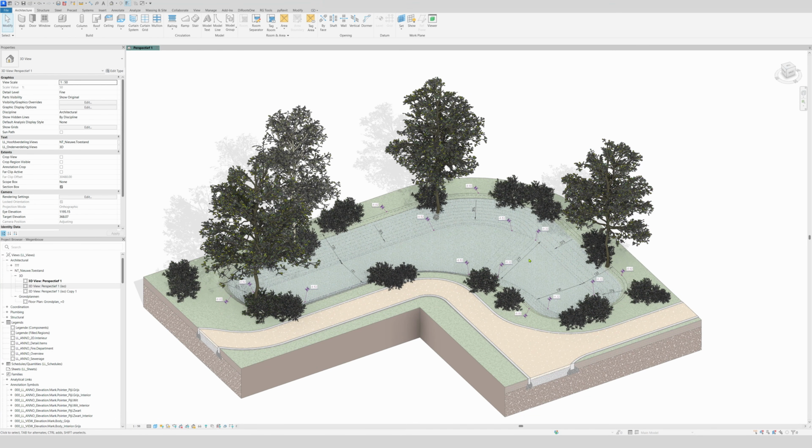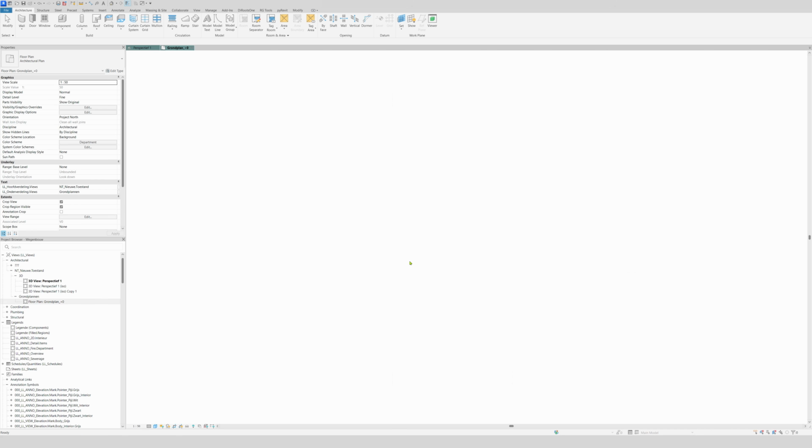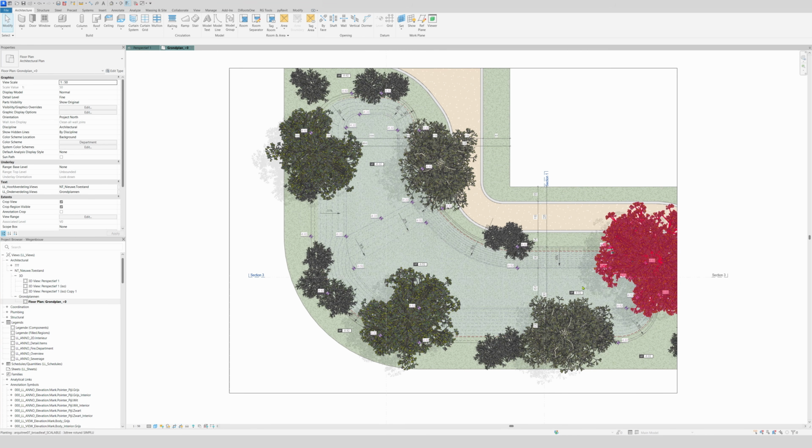For example, you see here that this area is much deeper than this area, and I will go to the floor plan so you can see it. So right here, this has a depth of minus 52 centimeters, and this part right here minus 32, smoothly going to each other. So I will show you how to make that